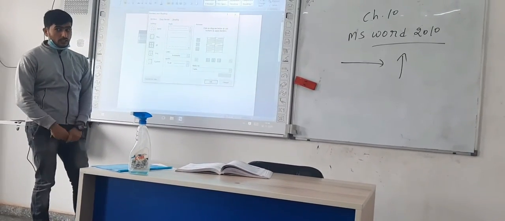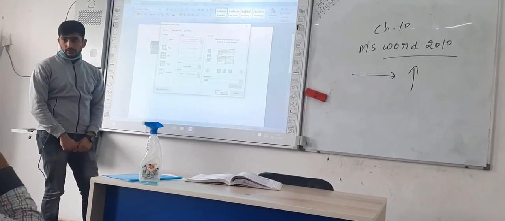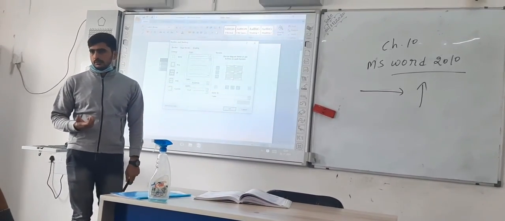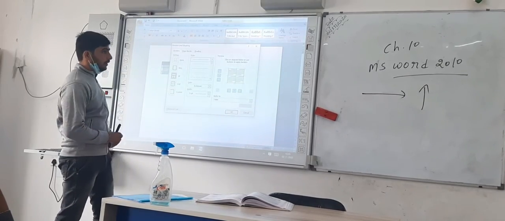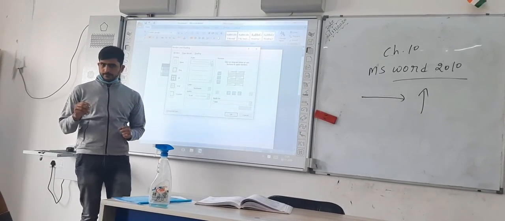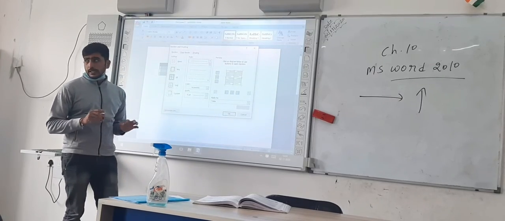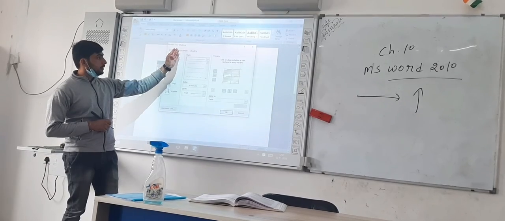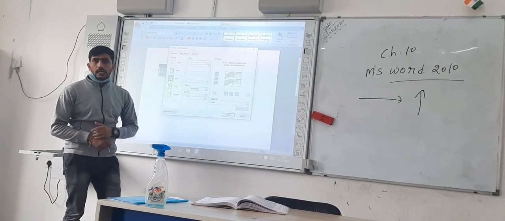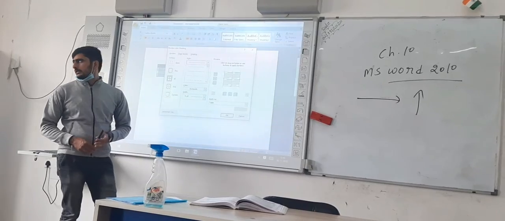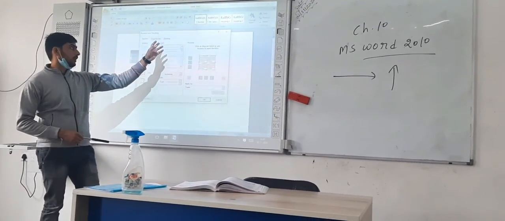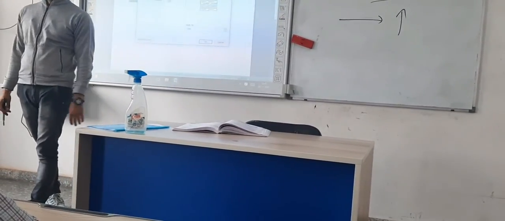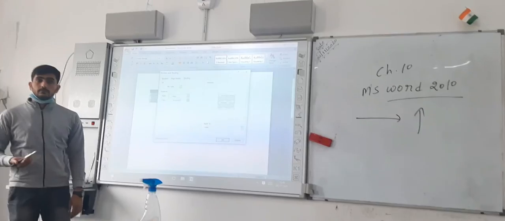Understand? So here are some options: Page Border, Border and Shading. What is the page border and the border? That is a different question, right? Border means for the particular text. Suppose I have written only 2 lines. Understand? So that was a border. If I want to give a border to the whole page which I have selected in MS Word, that is a page border. And what is the shading? Shading means the color of the cell, the color of the table.